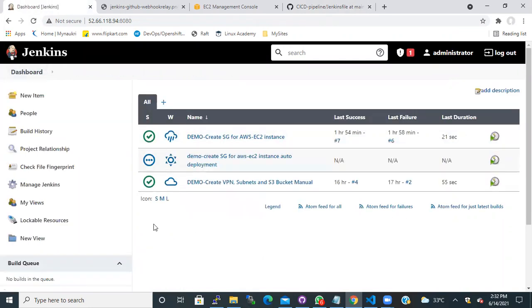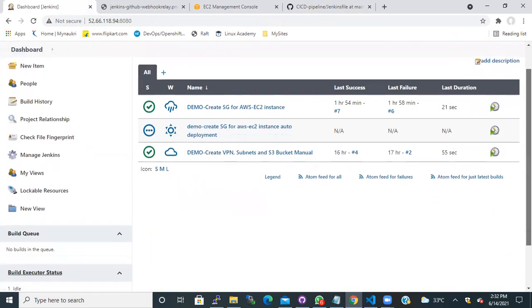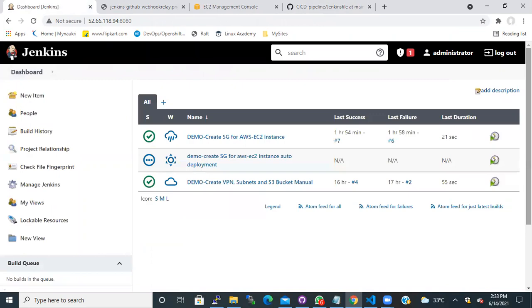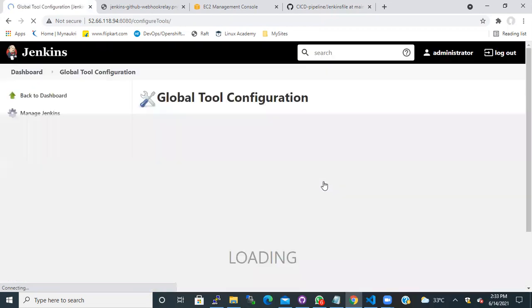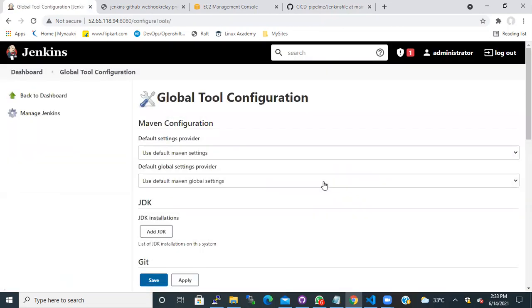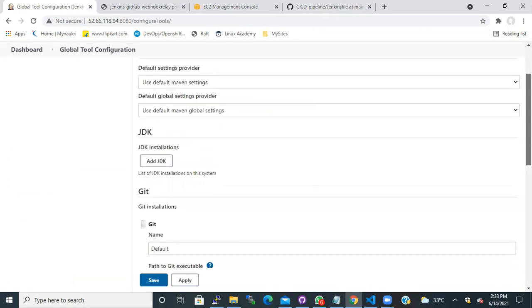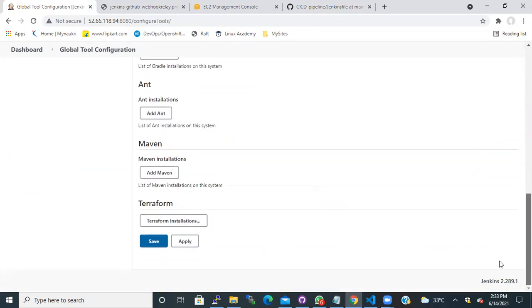Let me come down to Manage Jenkins, and there is something called Global Tool Configuration. Guys, we are using a Terraform tool, right? And we need to configure the Terraform tool here before we start our job.